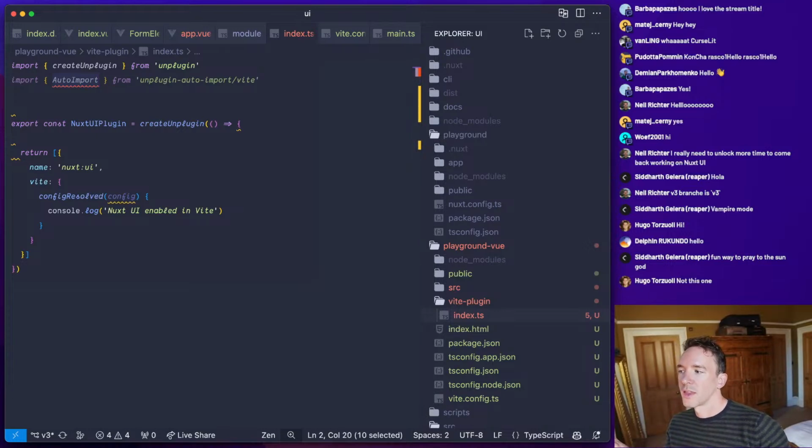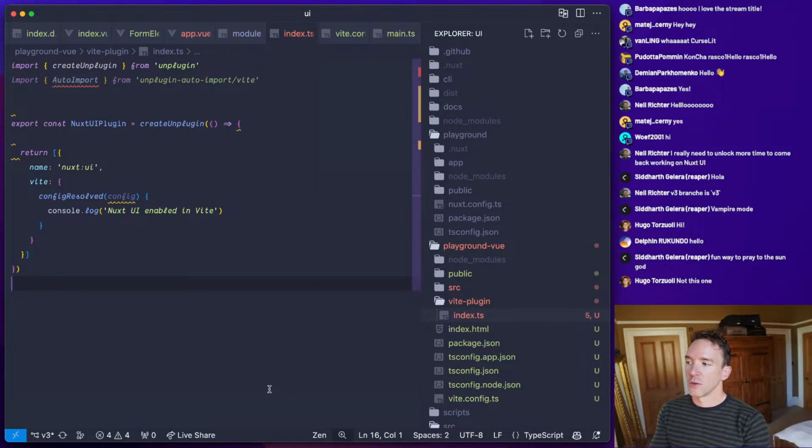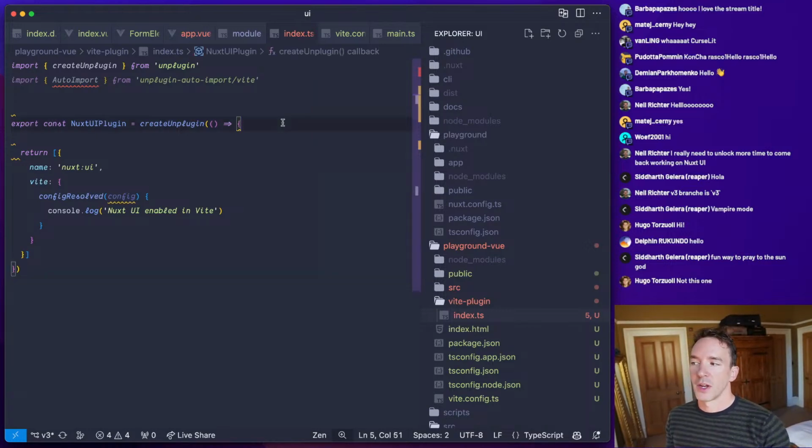Nuxt UI or Vuetify, I think they're very, very different projects. I, by the way, have no dog in this fight, as it were. So it's great that we have Nuxt UI. It's an amazing project. But it's not meant to be the official Nuxt UI library. It's just because people needed a library, and so Benjamin Canac built it for a project. And it's fantastic to be able to have first-class integration like that. But I'm really excited about stuff like Vuetify, PrimeVue, and there are other UI libraries out there that I want to have just as good an experience with Nuxt. So I'm afraid you'll need to compare.